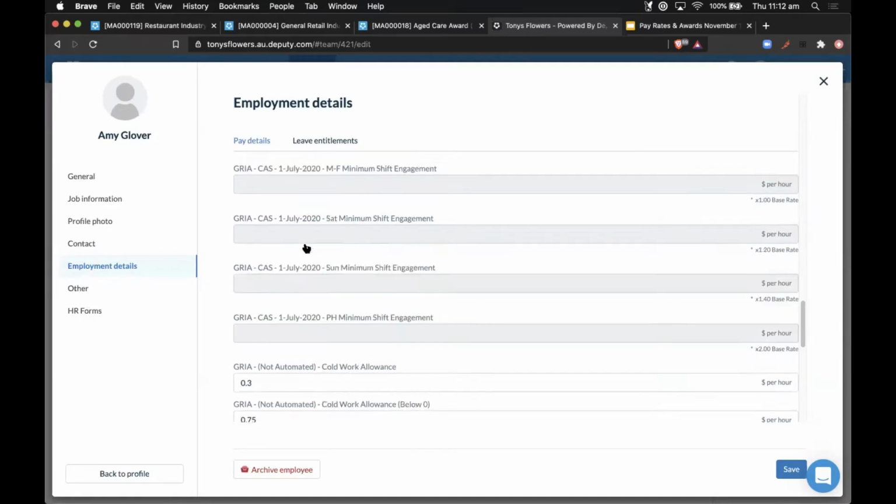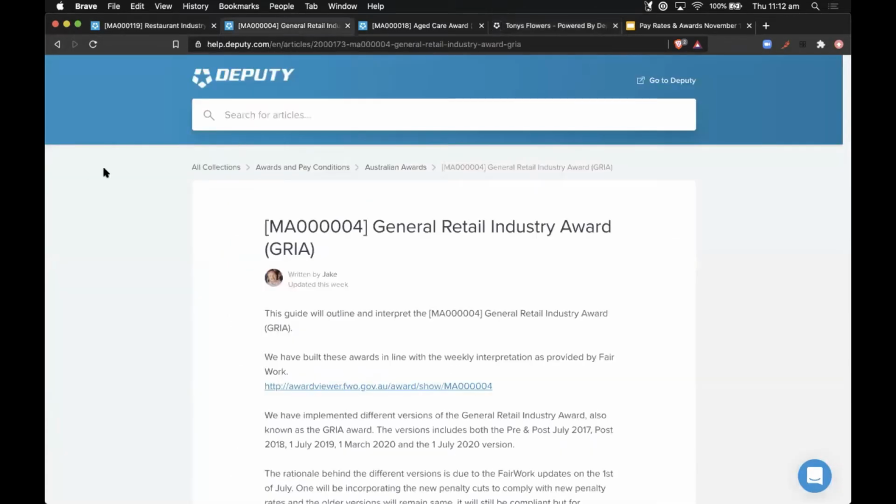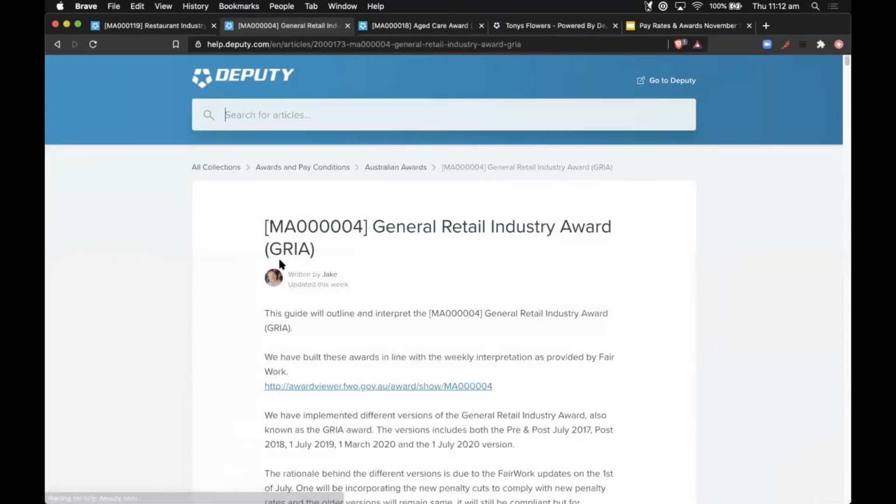So what I might do is, before I show you how all of these are rationalized, show you what it looks like to find an award on our support page. So for example, I think I prepared earlier here. This is just the support hub that we have. And I would simply type in GRIA or something like that. In this case, GRIA, and it will find a support page.